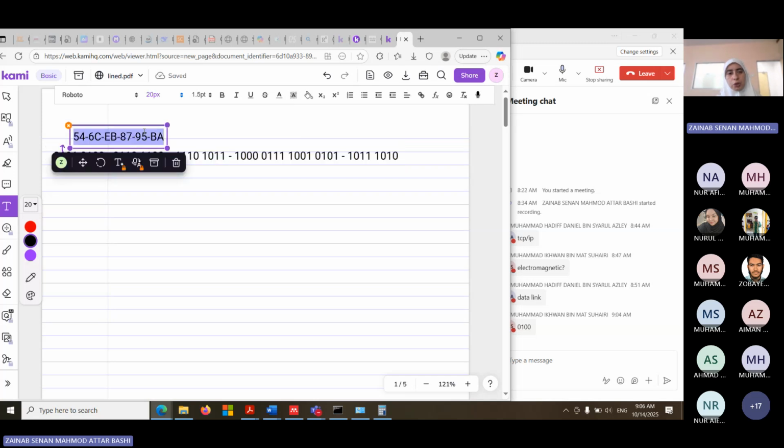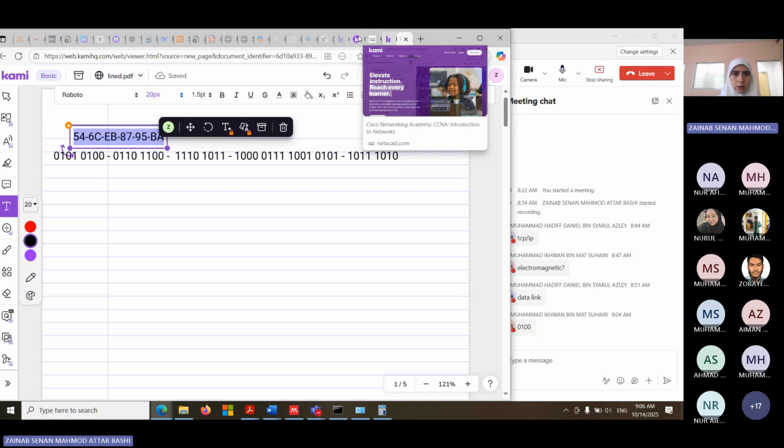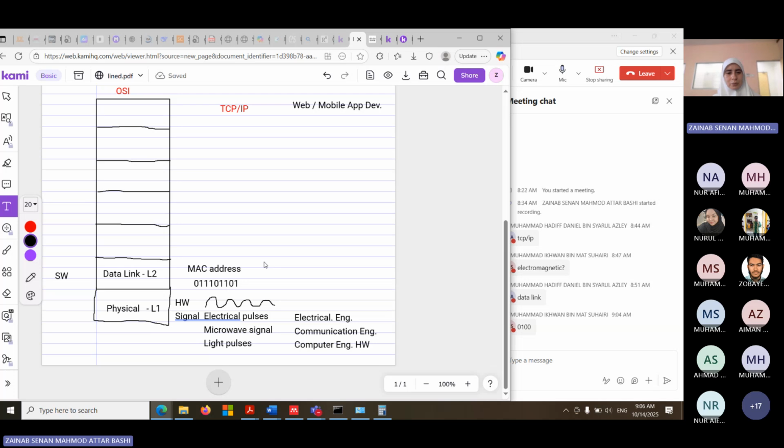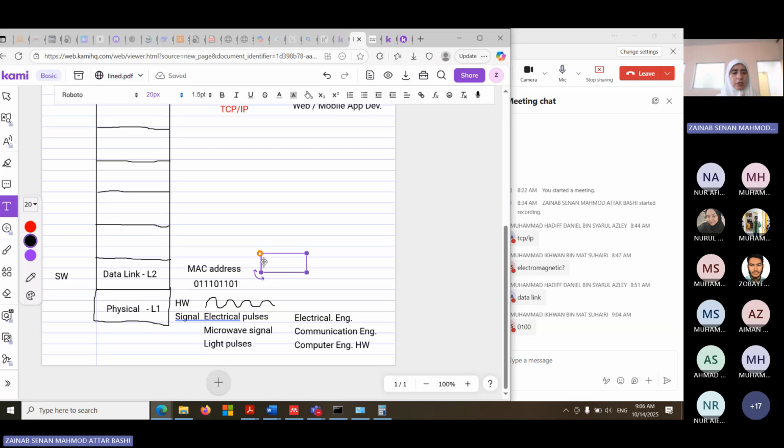It's a number we may need to use, not the normal users, but those who are dealing with the operating system. Again, those we talked about who are in the data link layer. Okay, do you think communication engineers need to study data link? Communication engineers, they need to study it because these are the people who are giving us the signal and need to translate it to the operating system in binary. Then the binary, when the operating system receives it as binary, can understand it. But before that, it's a signal.